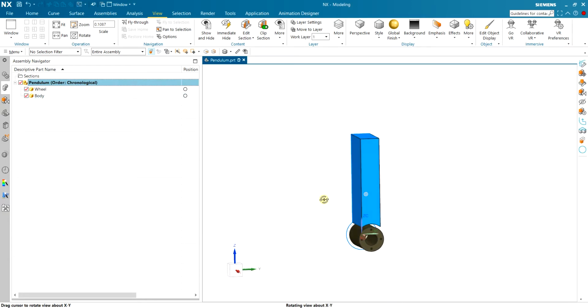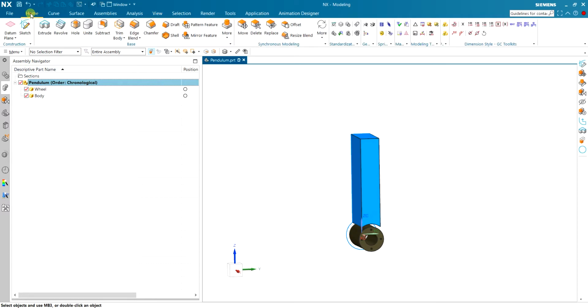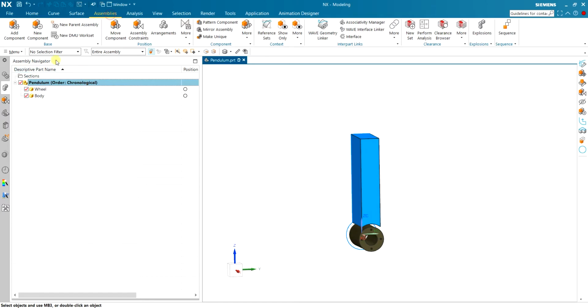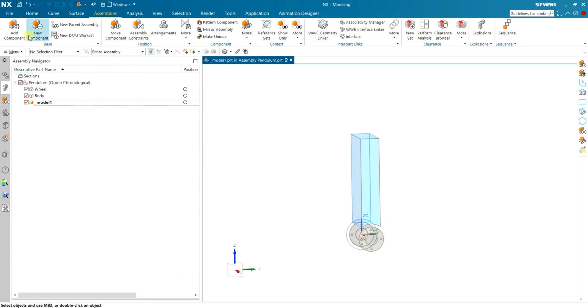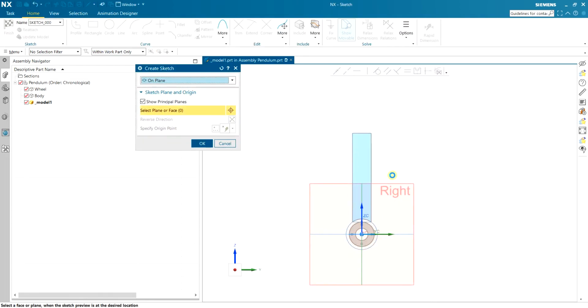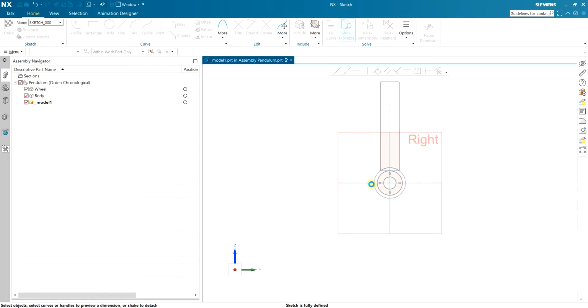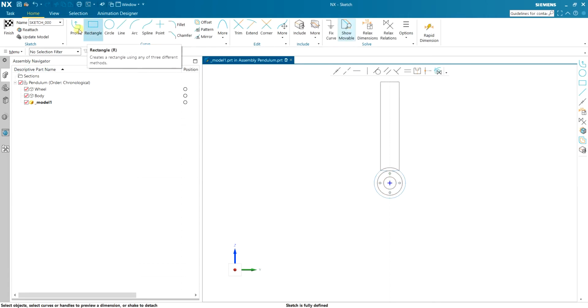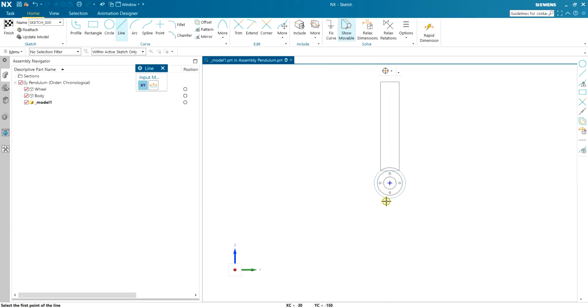So before I forget, we also need a ground to check the controller or verify the motion. So before I move, I have to add another part, which will be the ground. So I go to assemblies, new component, add another model, double click, and start sketching. I select the same plane, and